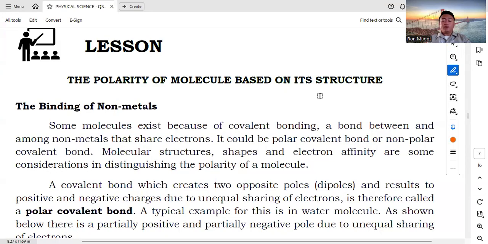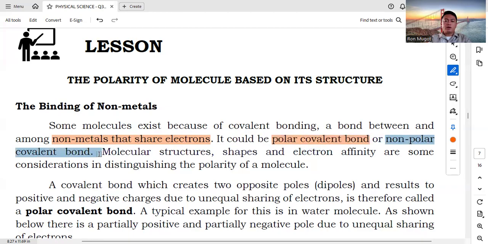Yesterday, we finished the familiarization on Lewis dot structures and assigning valence electrons for a certain element, right? For instance, hydrogen belongs to group 1, so hydrogen has one valence electron. Okay. So in terms of bonding of nonmetals, some molecules exist because of covalent bonds. The bond among nonmetals shares electrons. It could be a polar covalent bond